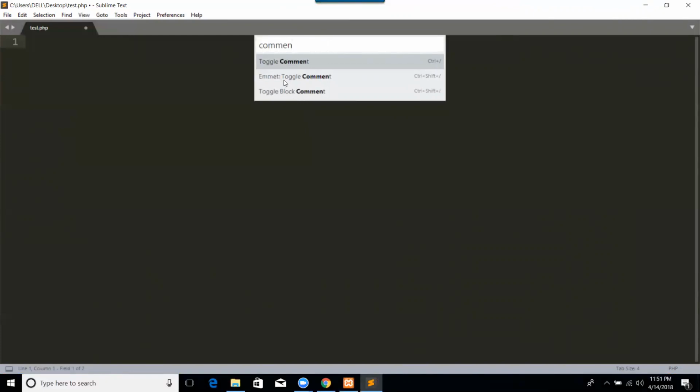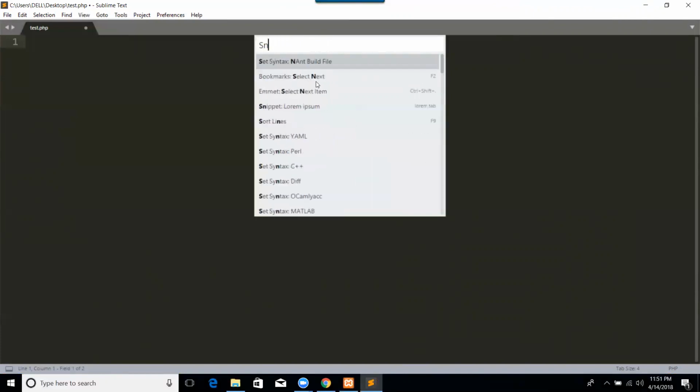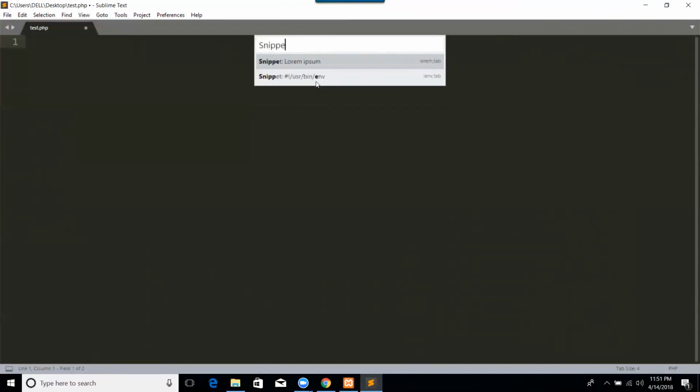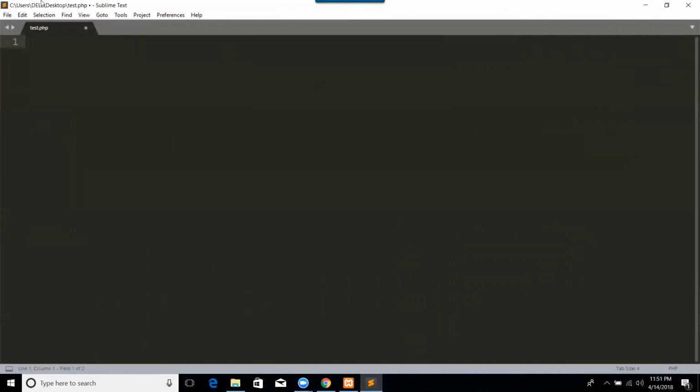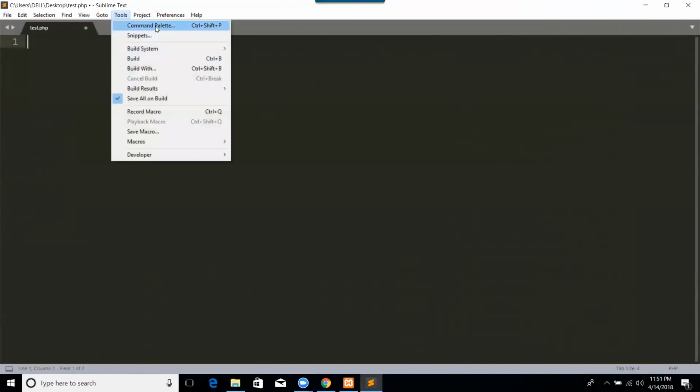Toggle comment, toggle comment snippets, comment not searching. And before that, let me show you the list of packages that I have. It's not here. Okay,